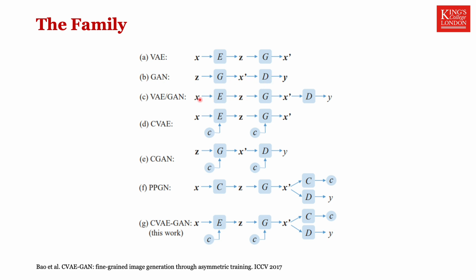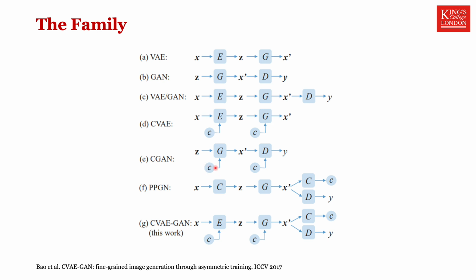The VAE GAN tries to bring these two together, so you go from X, encoder, latent space, decoder, X prime, discriminator Y. This is where you're trying to discriminate if the image is true or false. The conditional variational autoencoder, which we saw at the beginning of today's lecture, feeds the conditioning value into the encoder and the decoder, meaning that the code space only contains information that is not present in this conditioning variable. You can also do a conditional GAN, and there are papers that do this, where you feed